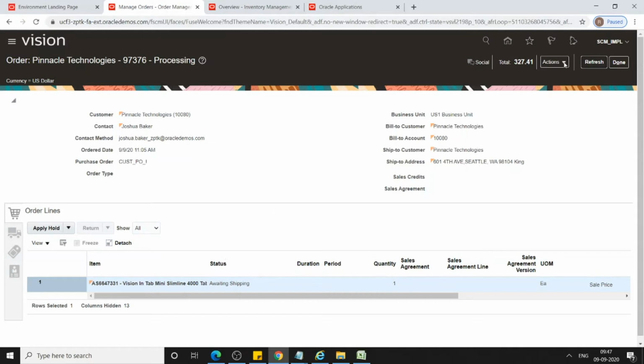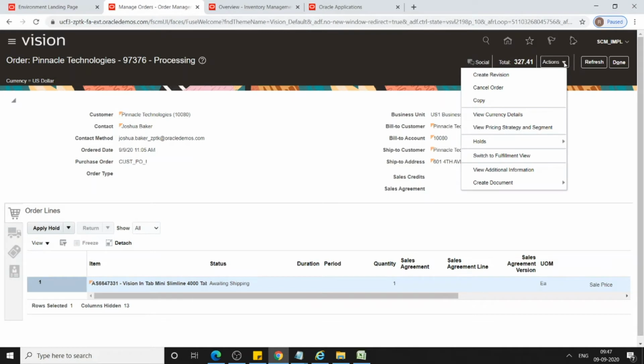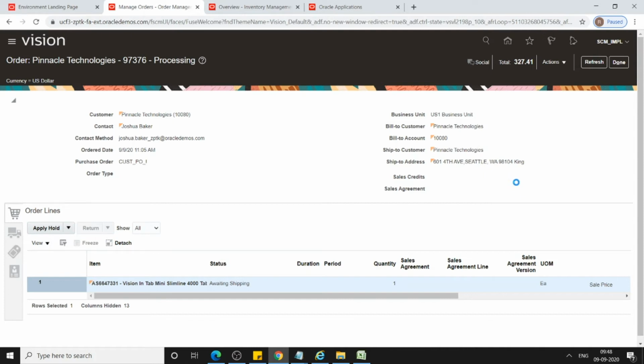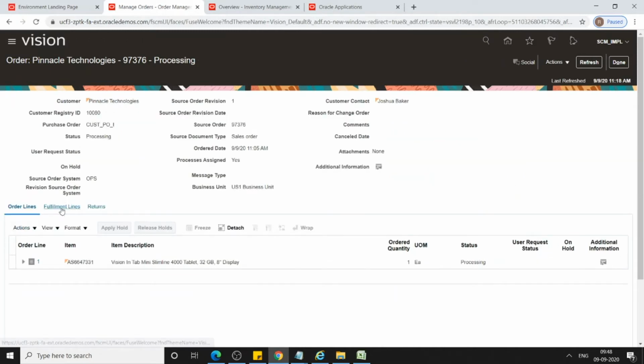Now we will go to the workflow and see here. Earlier, this option, switch to fulfillment view, was not displayed. So now click on switch to fulfillment view. Click on fulfillment process.